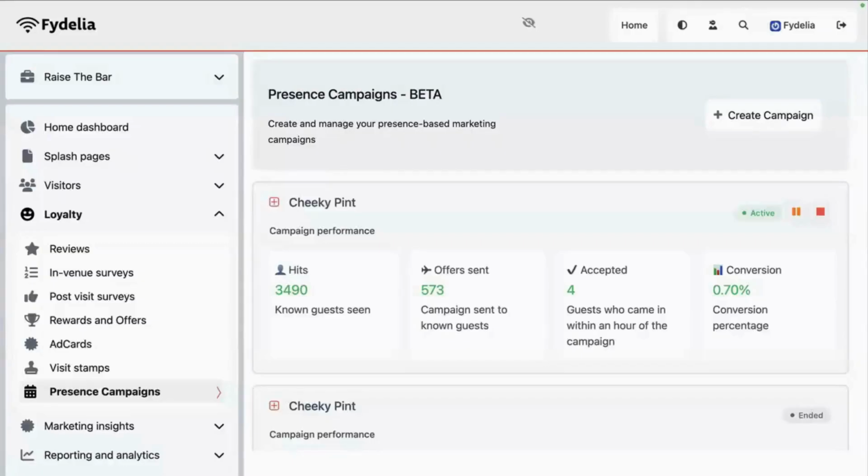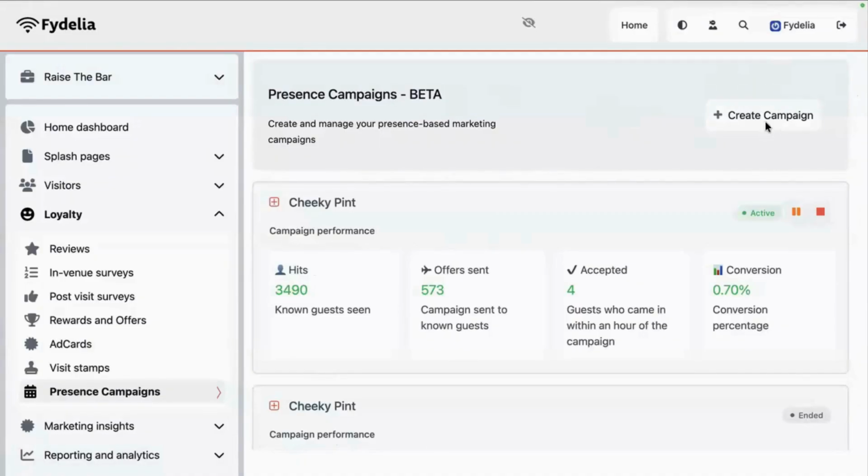I would say the most advanced one we've got, though, in terms of campaigns, apart from gamification, would be targeted presence campaigns. So real time. This is something I really wanted to show you guys as well. So here, for example, I've got an example campaign that's been running at the moment, and let me explain what this is. Now, you may have seen our Instagram ads recently. You would have seen it also at HD 360,